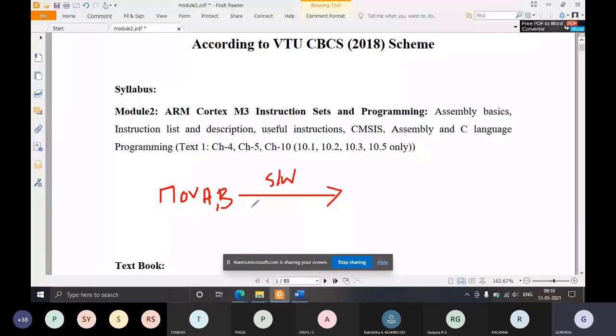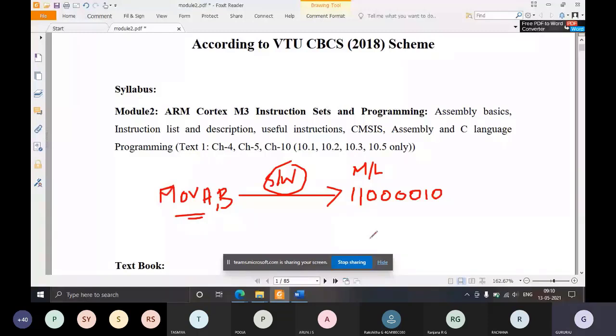I told that. So let's say this move a comma b will be converted to the machine level language, which will consist of ones and zeros that will be understood by the processor. Let's say this will be converted to 1100 0010. This is the conversion done by the software known as compiler, for the assembly code you have written. The assembly instruction you have written is move a comma b.